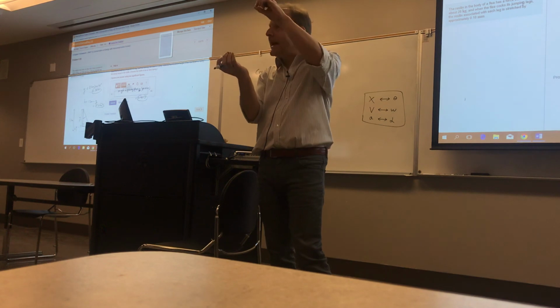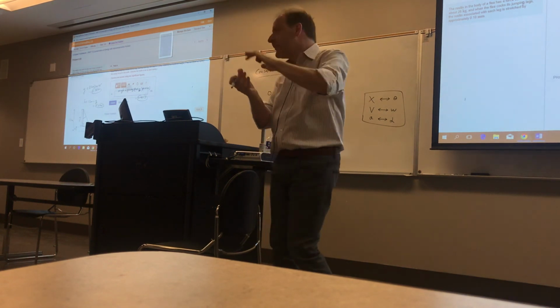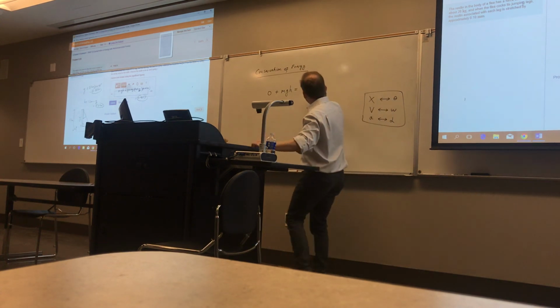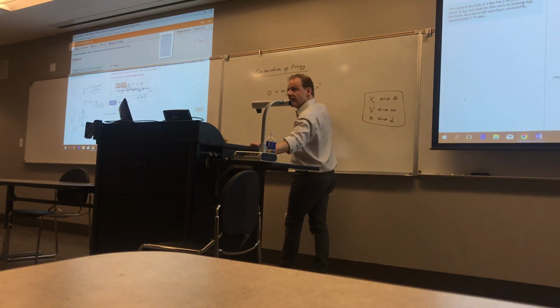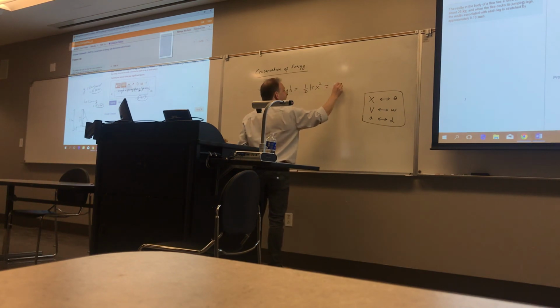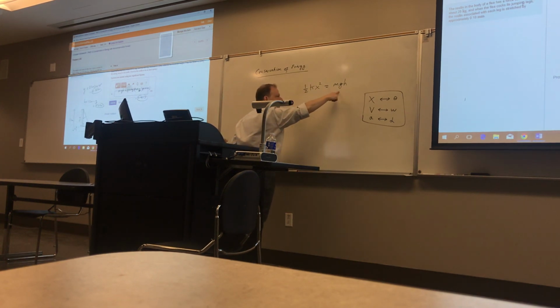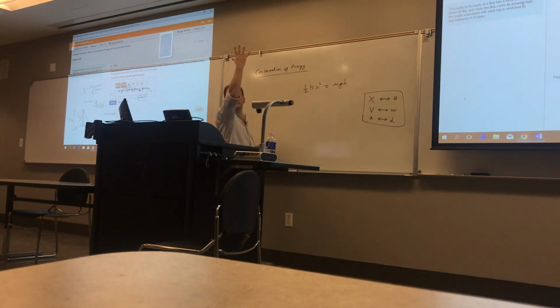So you can think of the legs of the flea as being like springs. They compress the spring, and they get this much energy stored, and then when they jump, it gets released into mgh. Probably I should put it the other way around. If you want to do initial equals final, I should probably put it like that. So it stores all the energy as stored energy, then it releases into potential energy when it jumps up in the air. Now I think the thing about this